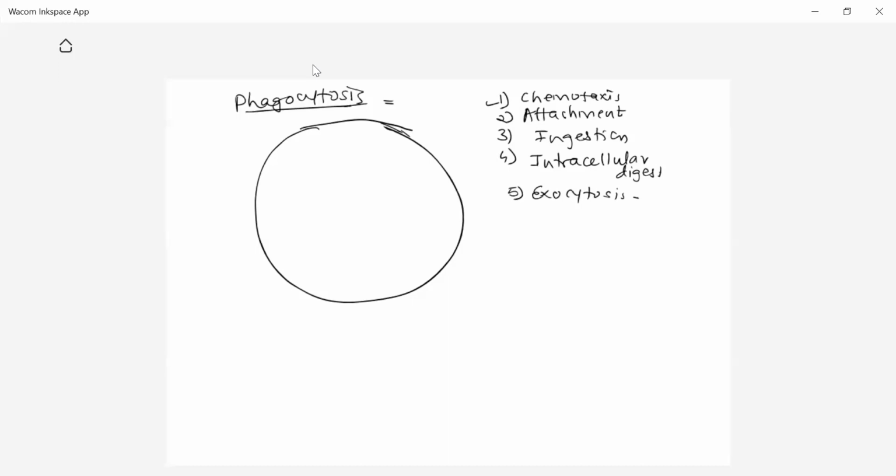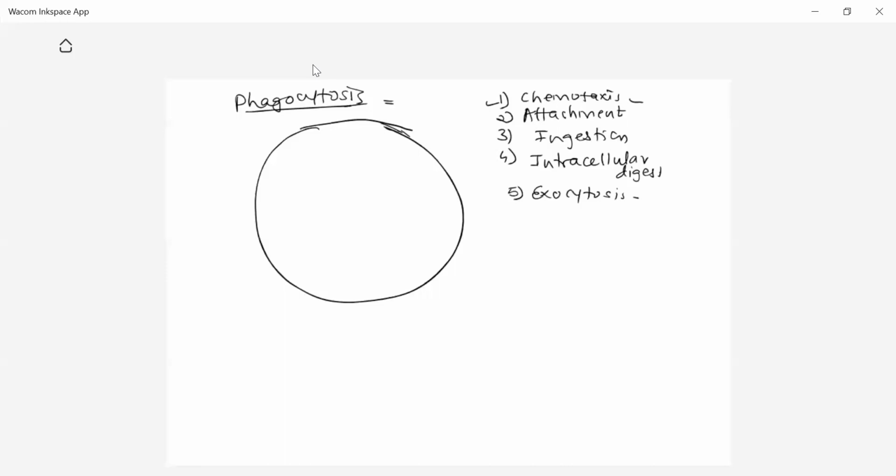Suppose there is injury to the body. As we discussed in the previous lecture, during injury, inflammation occurs. Inflammation means that where the injury happened, cells get cut and cells secrete acids, and because of the acidic content some chemotactic factors like bradykinin are secreted, and the artery dilates. Dilation means the artery enlarges and a large amount of blood flow is carried. Along with that blood, these phagocytic cells migrate to the site of injury. So chemotaxis is the movement of these phagocytic cells to the site of injury in response to chemicals secreted by the body. That is called chemotaxis.